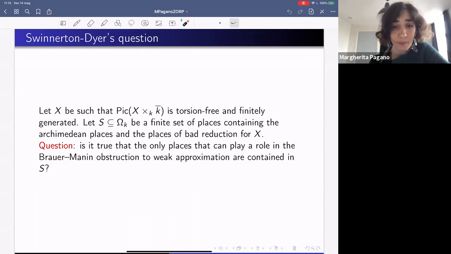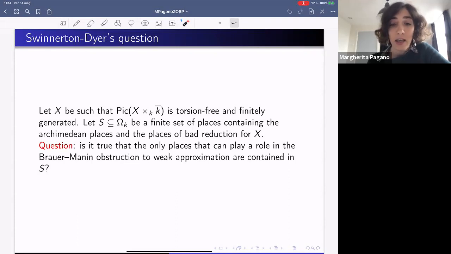And so what are these places of bad reduction and places of good reduction? So if we start with, again, just an idea, if you think about a variety defined by some polynomial equation, then this polynomial equation has coefficients in the field K. And after clearing the denominator, you can assume that this polynomial equation has coefficients in the ring of integers of K, so that you can look at the reduction of this polynomial equation modulo primes in the ring of integers